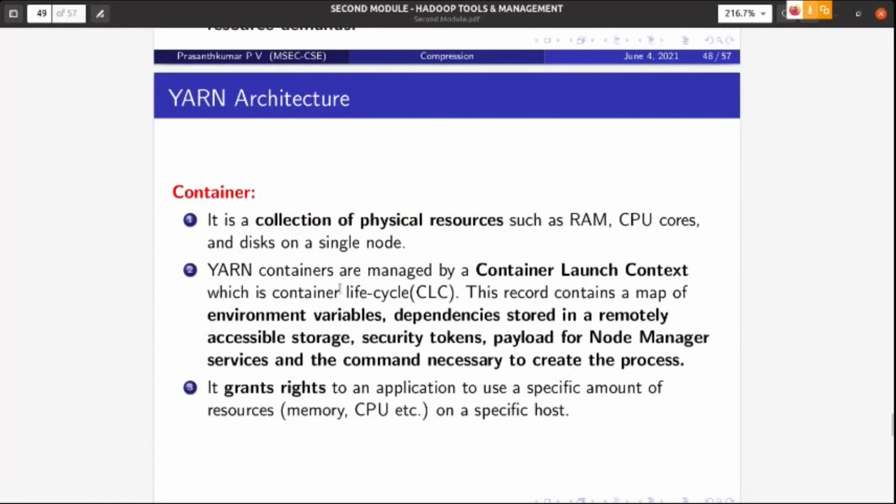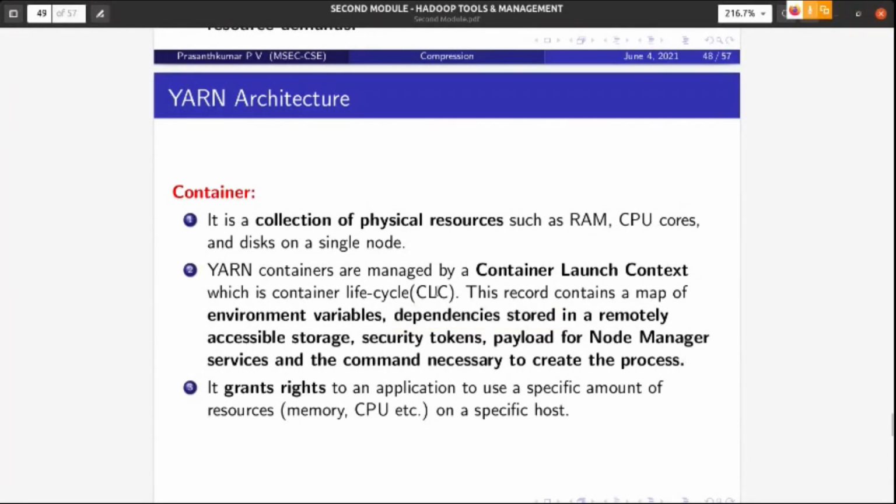YARN containers are managed by the container launch context, which is the container life cycle. This record contains a map of environment variables, dependency records, accessible storage, security tokens, payload for node manager services, and the command necessary to create the process.